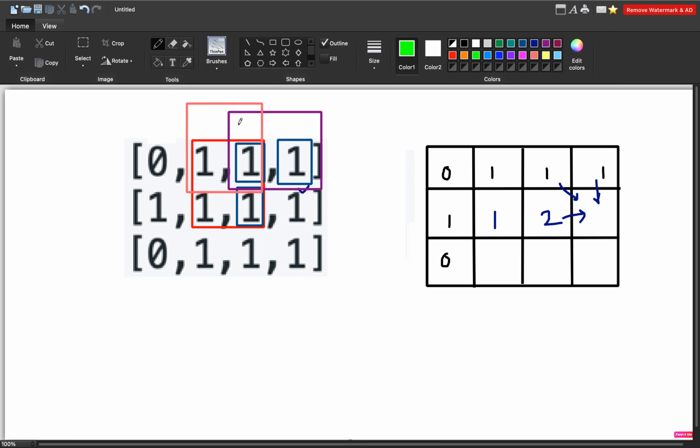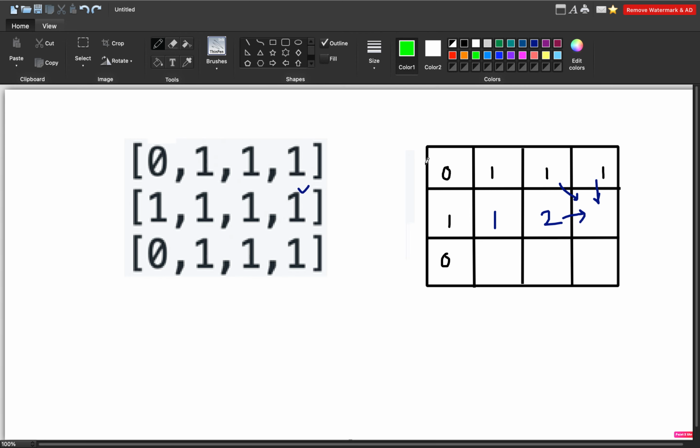Because if we have to make it 3, then a square of 2 should be possible here, and similarly it should be possible here and here also, because only then will it extend to size 3, right? It is not possible, so that is the reason we are doing the minimum between all the 3 values. So we will be updating our answer to be 2 only, with the minimum of all these indices plus the current index I am standing on, which is 1.